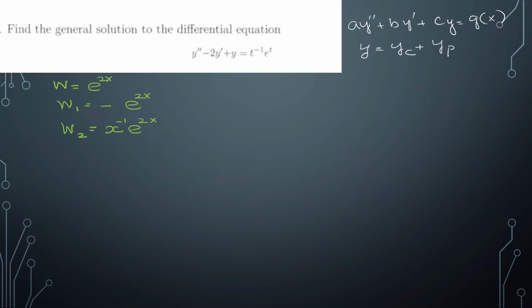Now for the y complementary, we already have seen in the same video how to find the y complementary, and for the particular solution we will use our Wronskian method. But before doing the Wronskian method for the particular solution, let's find the y c. So for that reason, solving for